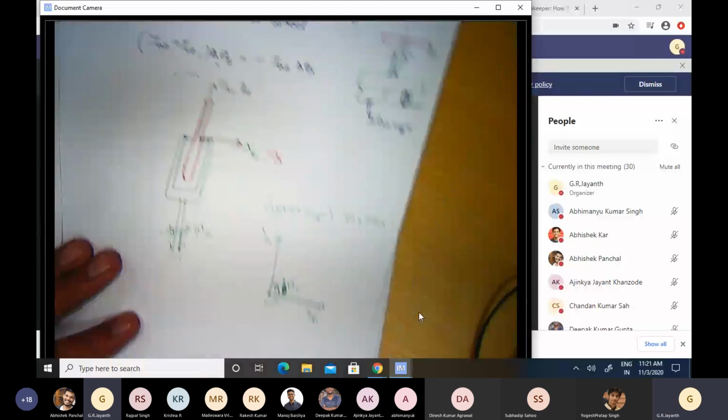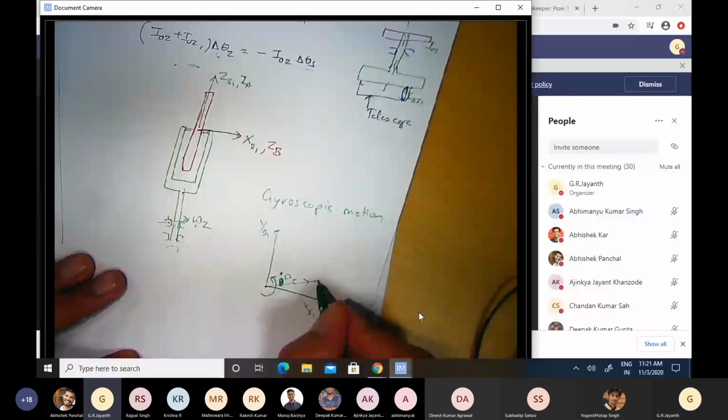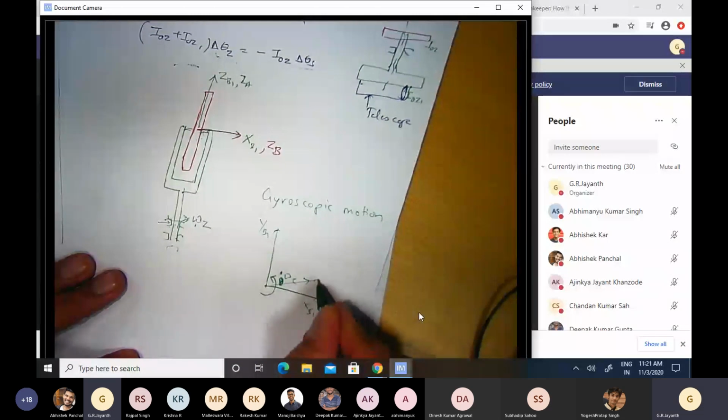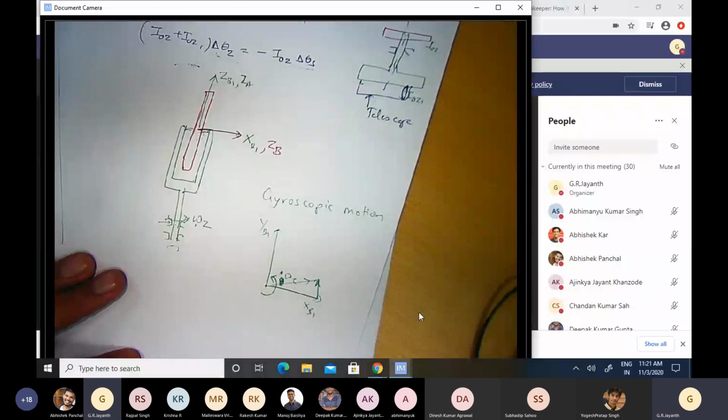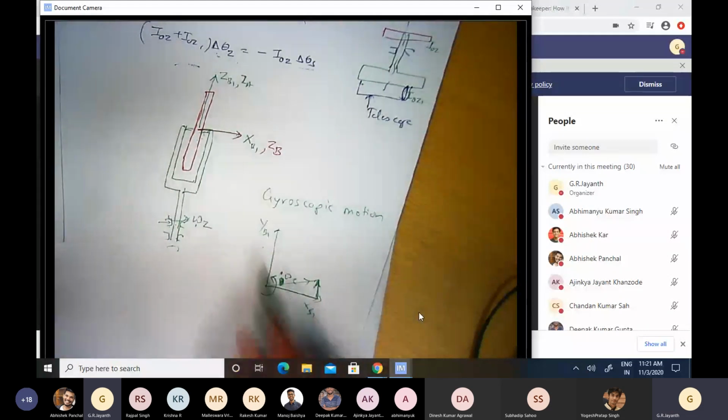We notice that this vector, its magnitude remains unchanged, but its direction changes. And because the direction changes, there is an acceleration associated with that, and that acceleration is what contributes to that moment. That acceleration vector is along the yB1 axis, for example, and that is what is responsible for the torque also about the y-axis.